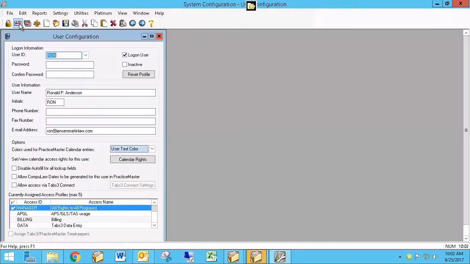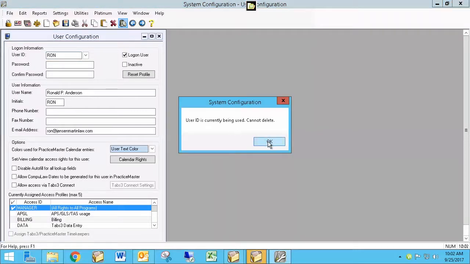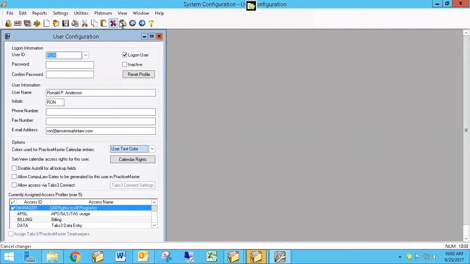and here's where you can get in a lot of trouble. Let's say it's Ron that left. A lot of people want to just come in here and delete Ron. Well, if you delete Ron, everything, and I find it odd that they don't warn you. Okay, they changed that. Look at that. They didn't used to really warn you,